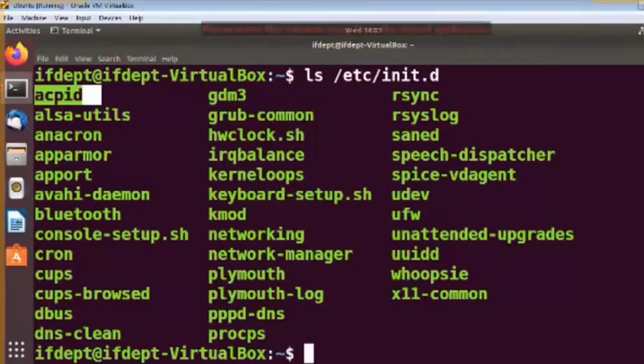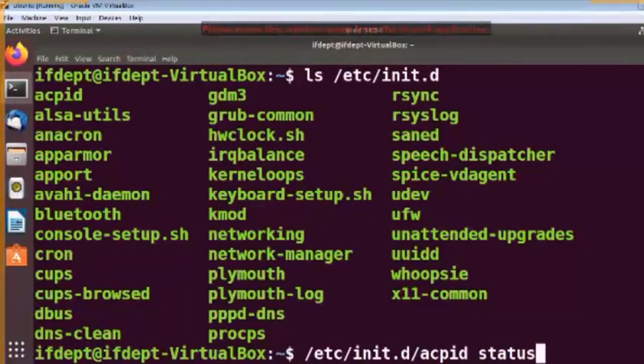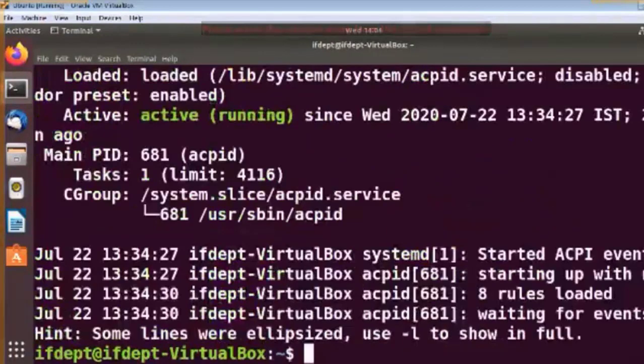So here what I will type here, /etc/init.d/ what is the name of this service, ACPID. Let us first see the status of this. So what is the status here? It is active and running.